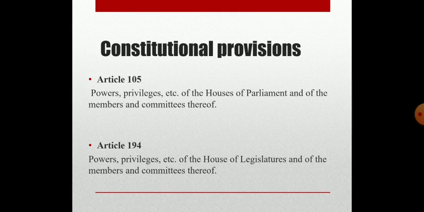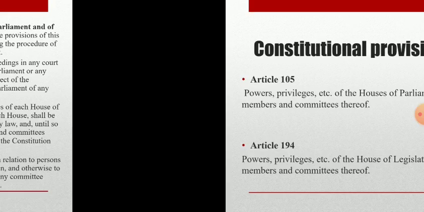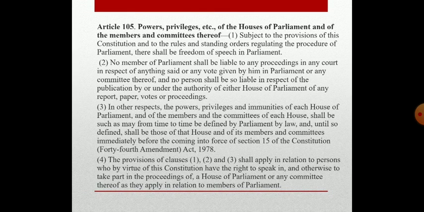Clear? The various constitutional provisions with regard to parliamentary privileges are Article 105 and Article 194. Article 105 deals with the powers and privileges of the houses of the Parliament and the members and committees thereof. On the other hand, Article 194 covers the powers and privileges of the houses of the state legislatures and the members and committees thereof. Now, we were studying Article 105, in which we had understood that the members of the